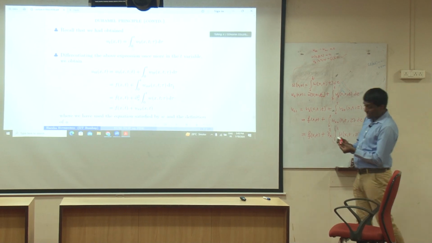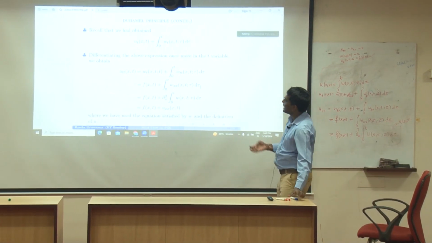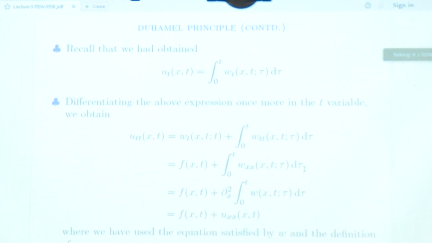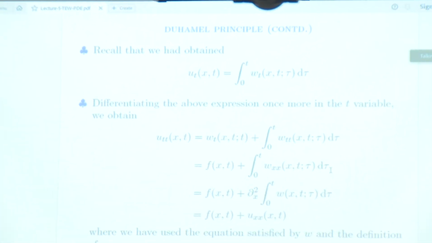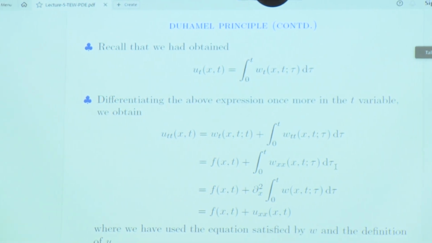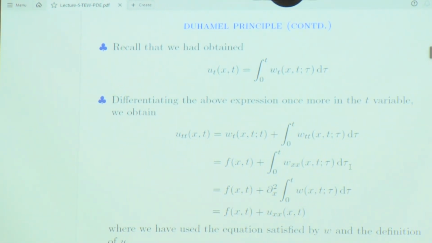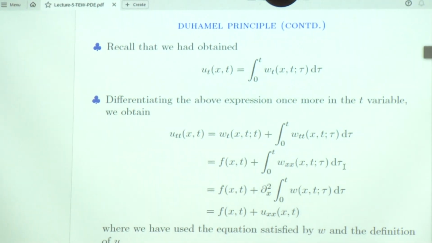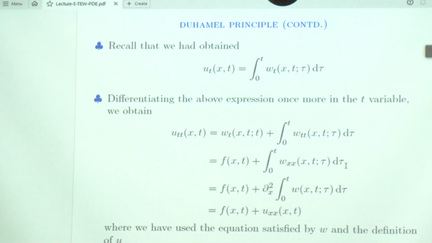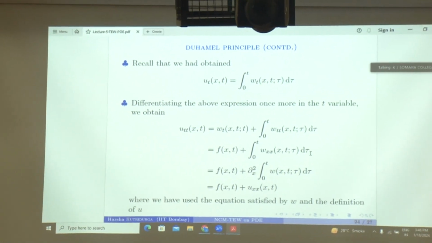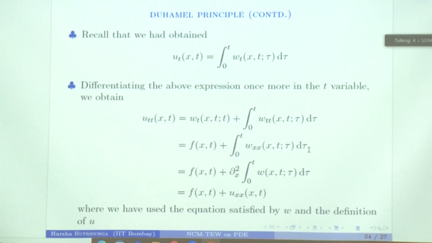So you see, this recipe of Duhamel essentially tells you that if you are given a wave equation with a source term, you take that source term as your initial velocity in this auxiliary problem, in this separate problem. You have to solve this problem for every tau positive until the time t. And then you simply integrate that fellow from 0 to t in the tau variable.